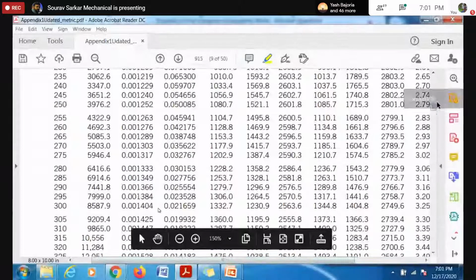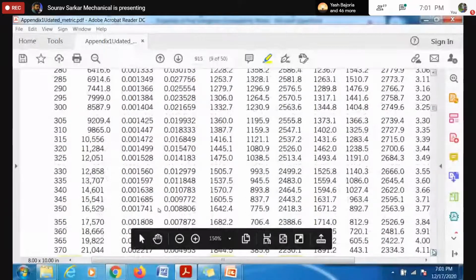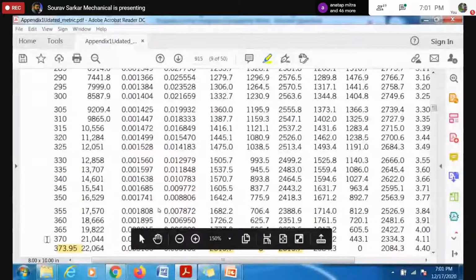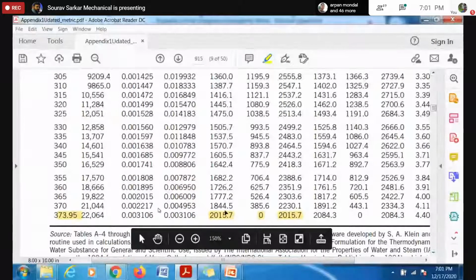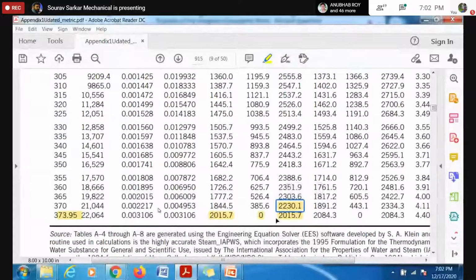Now, I can give you a hint of this. As you are increasing your pressure, your saturation temperature increases. If your pressure increases, your internal energy, which is also a function of that, is also increasing. Now, as your internal energy is increasing, you need to supply less energy to convert it into a vapor state. So that is why the vapor state has a lower energy as you are moving to higher pressure.